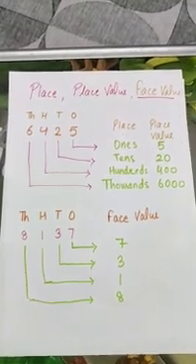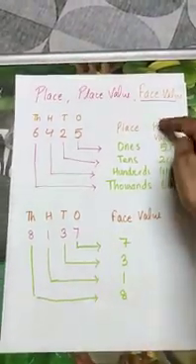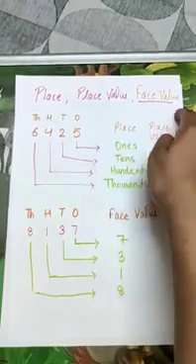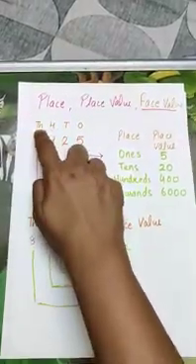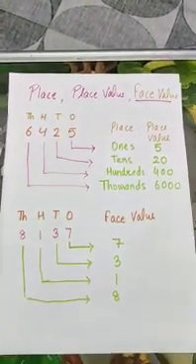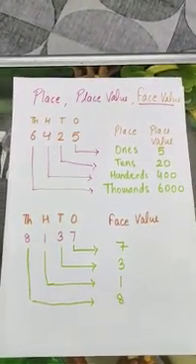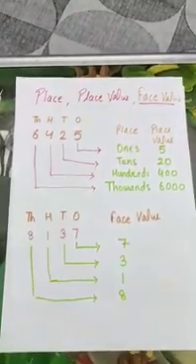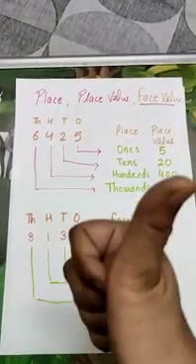So the assignment attached to it will be based on these three concepts: place, place value and face value, with our new addition over here, new place, thousands. So this is the same assignment that you did in the first class, of this number system. So all the best.